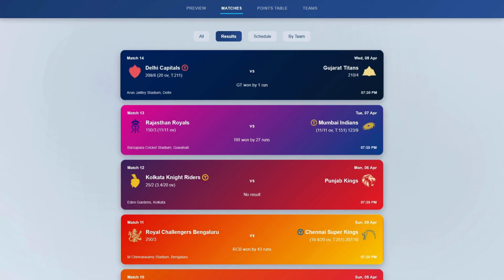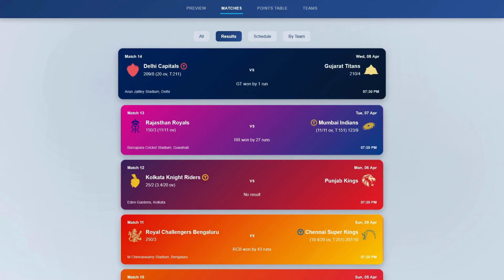DC and GT. So this match was played at the Arun Jaitley Stadium in Delhi and was a home game for Delhi Capitals. Delhi won the toss and decided to bowl first, similarly to what they had done previously. GT have their set template in which they set one of their top three batters to bat till the end. And in this match, Shubman Gill took this responsibility